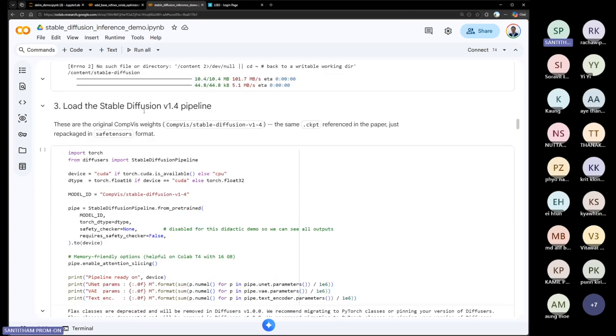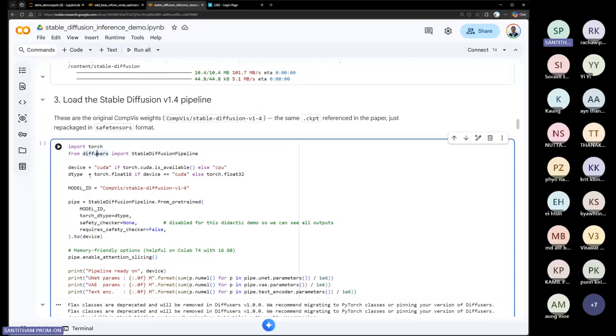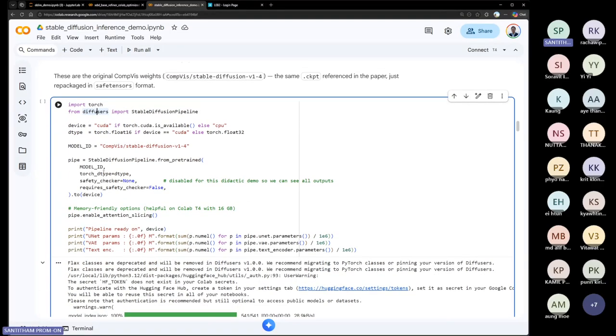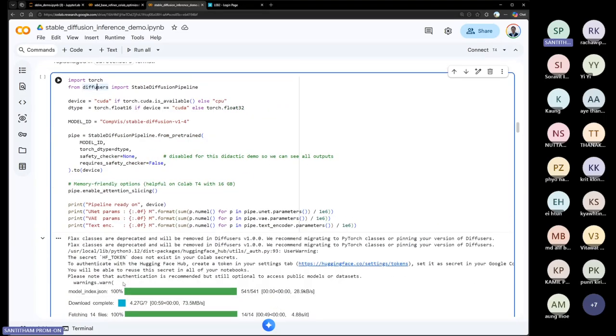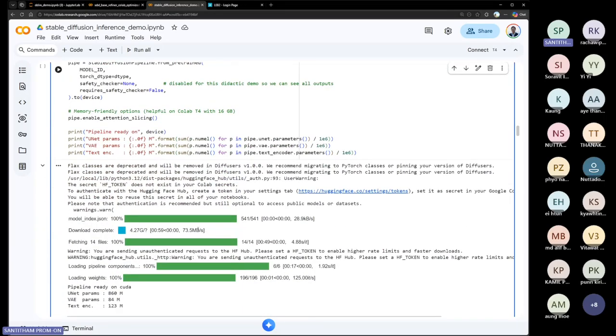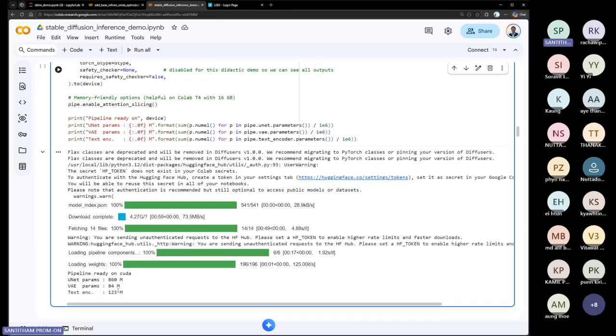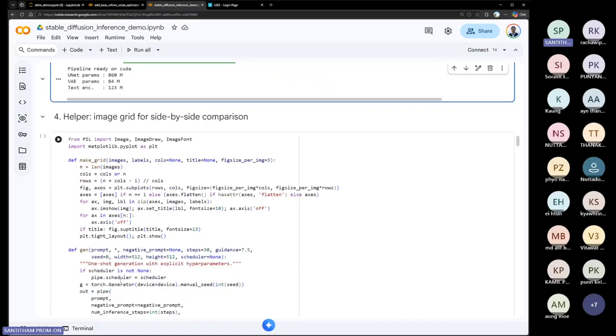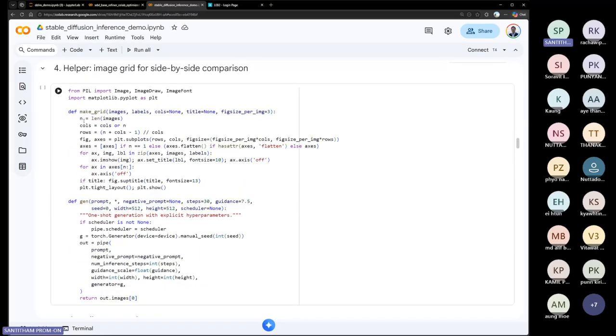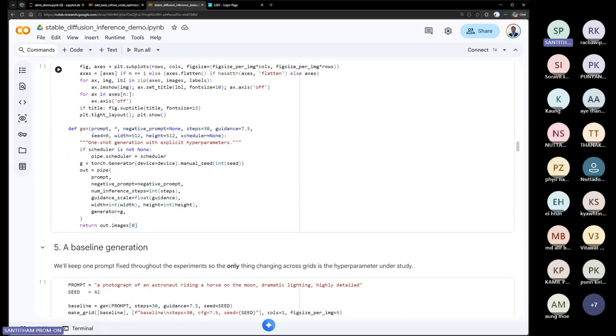And load Stable Diffusion 1.4 model here, and load it. It will load the data, which is quite large though. It's 4 GB down here. Get the weights, and then this is the initialization of the grid and the generation function